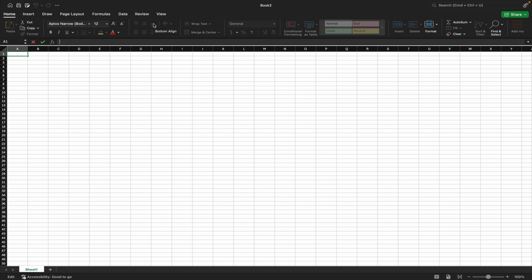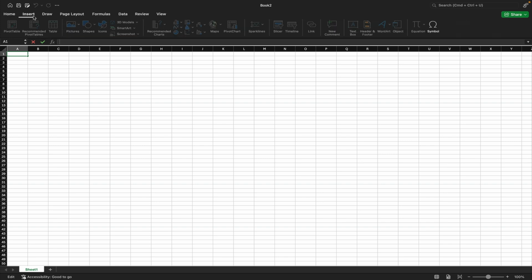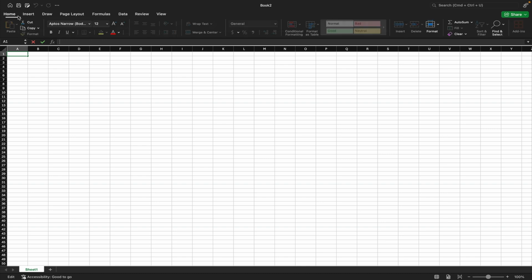Then the second one is tabs. Tabs are the ones you have at the very top of your ribbon, which include your Home, your Insert, your Draw, your Page Layout. All these are referred to as tabs, and each tab groups different related tools. For example, in the Home tab we have Paste, Cut, Font, Bold. When I come to Insert, we have our Table, our Pictures, our Chart, and so on. So each tab has its own group of tools. Now, the different tabs have been covered, like the Home and the Insert. So let's quickly go to